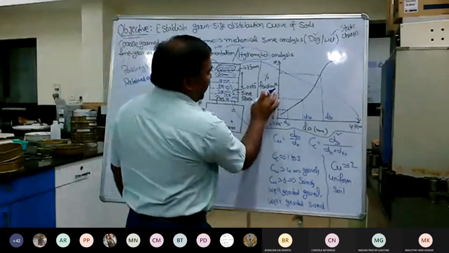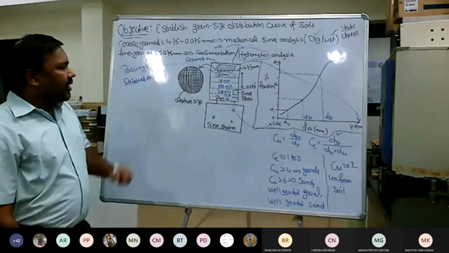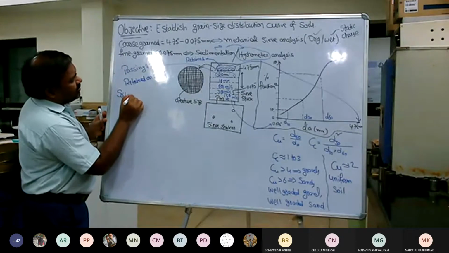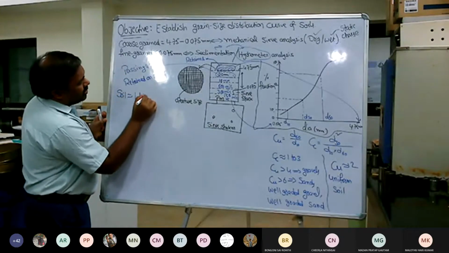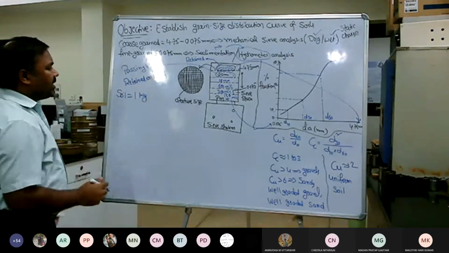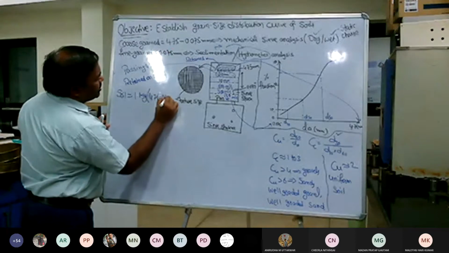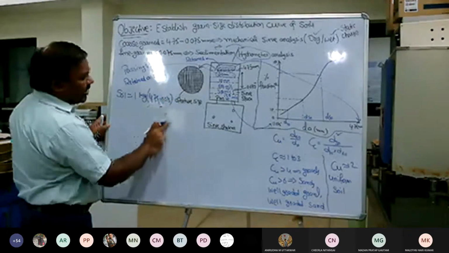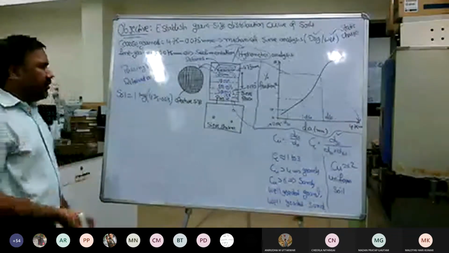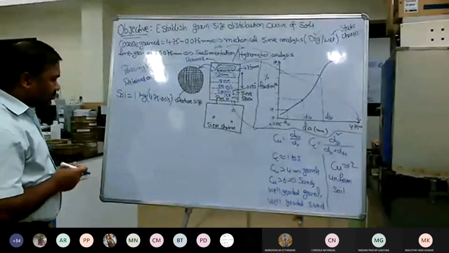Now, how do you determine the y-axis, that is the percentage fraction? Just now I told you, usually we take a soil mass of approximately 1 kg. Let us say we have taken 1 kg of the soil, which is typically in the range of 4.75 to 0.075. It may be lesser than 0.075 or higher than 4.75, and we still don't have any problem, but preferably we consider this size range.